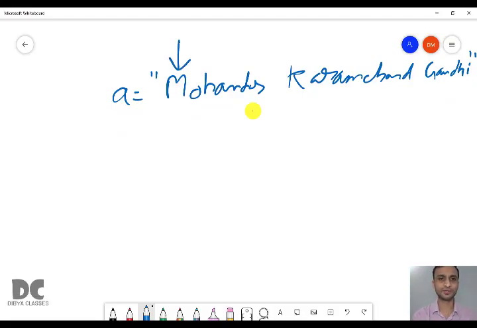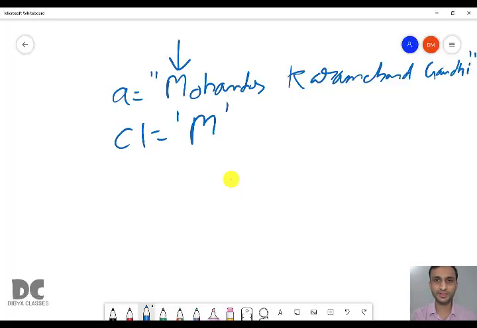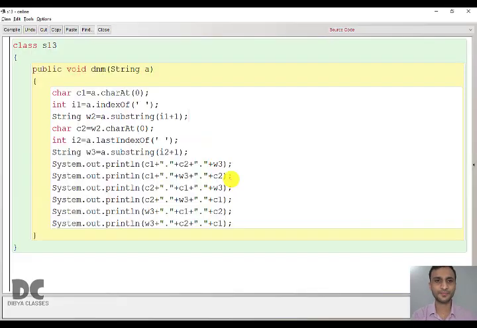CharAt of 0 means this one. In C1 now we will have M. In I1 we are trying to find the index of the space, means the first occurrence of the space. This one: 0, 1, 2, 3, 4, 5, 6, 7. So in I1 we will have 7.